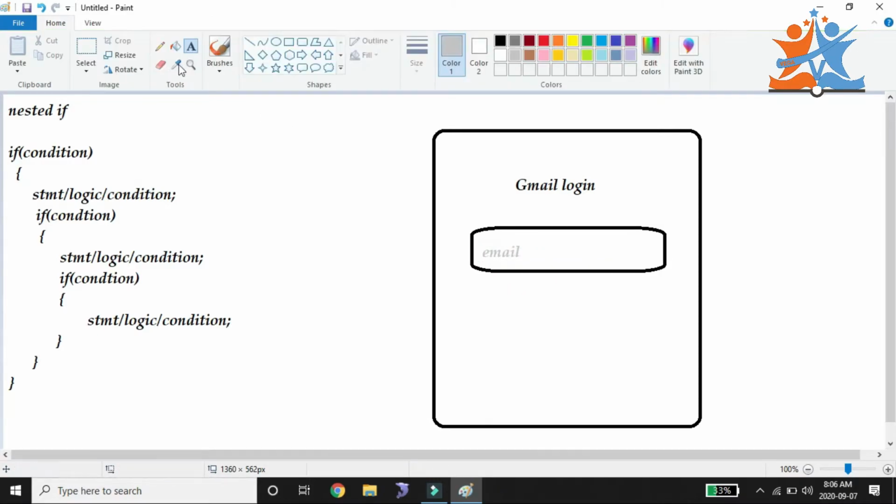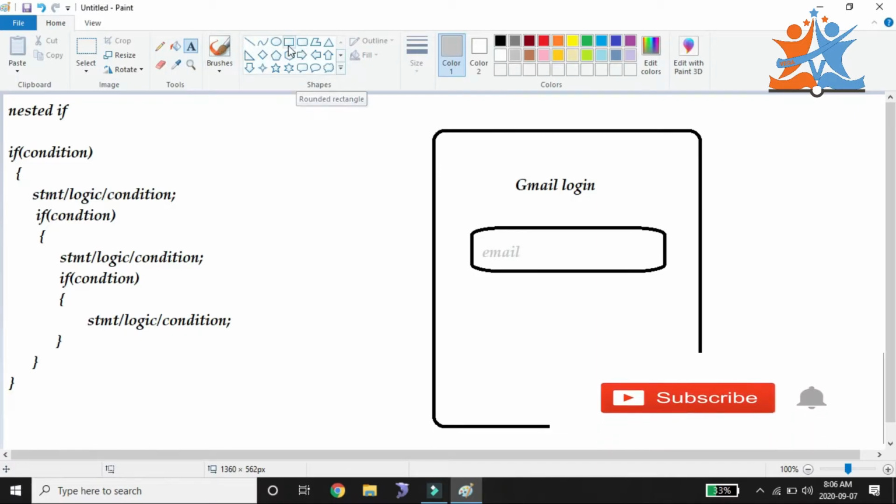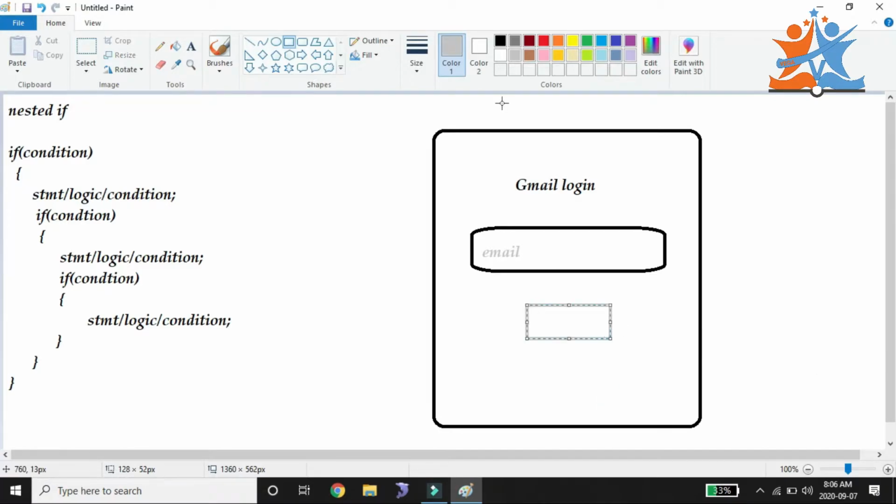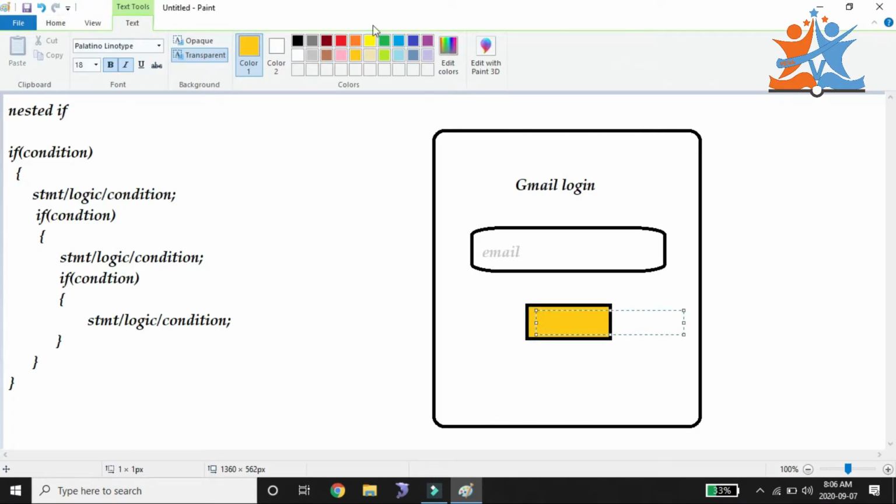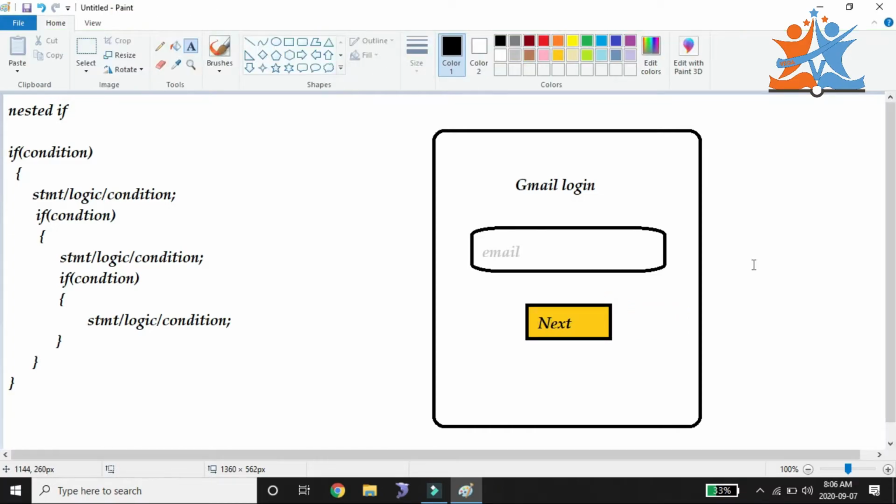After that we have one button, that is the next button, to go to the next page. So the working functionality is, first we write the Gmail account.